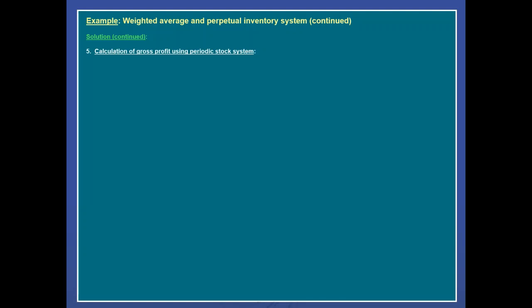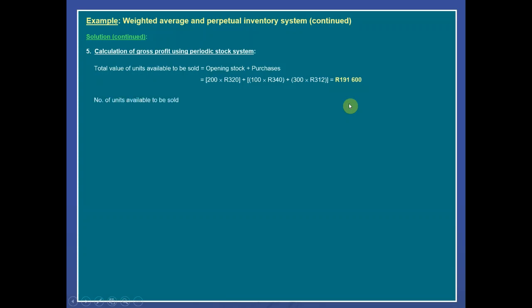Let's do the final part, the calculation of the gross profit using the periodic stock system. So we know, according to the periodic stock system, the total value of units to be sold is our opening stock plus the purchases. So we had the 200 units at 320, that was the opening stock, plus then we obtained the 100 units at 340, that's part of our purchases, plus another 300 units purchased at 312 Rand to obtain the